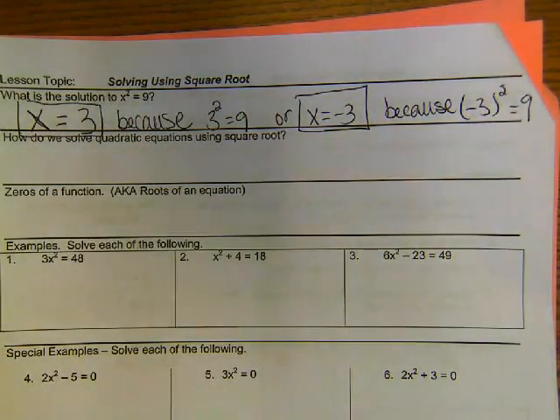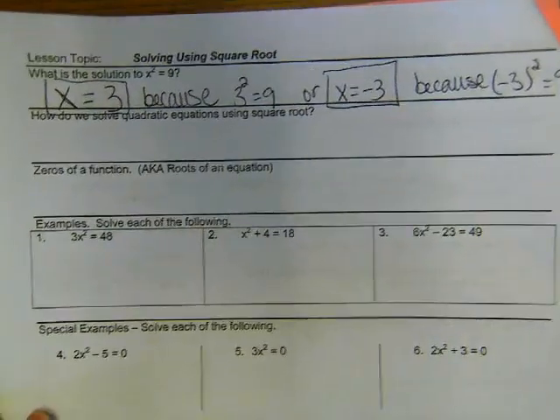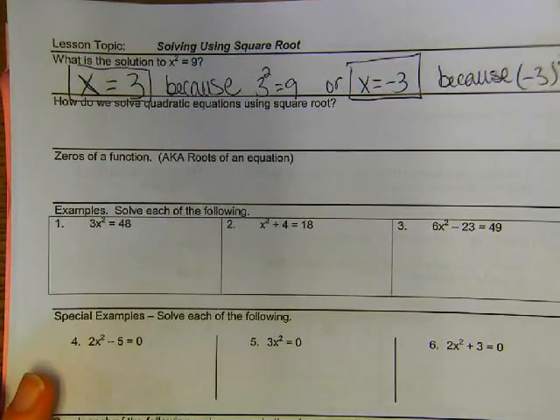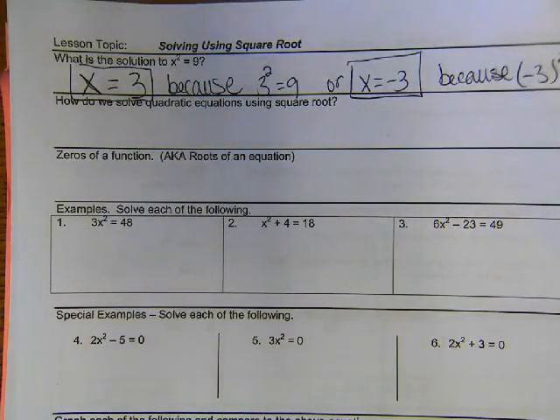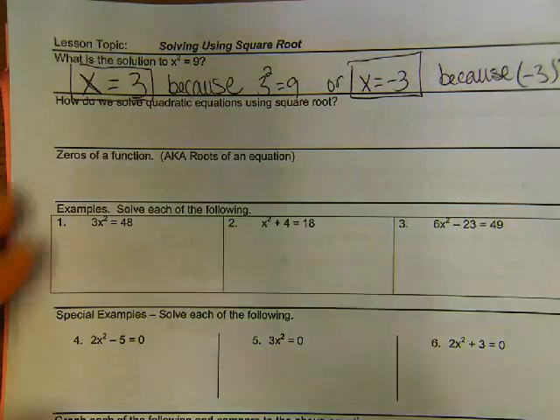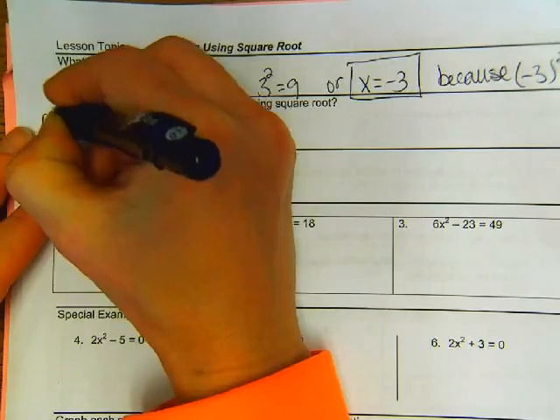So how do we solve quadratic equations? Quadratic equations just means that they have an x squared in them, using a square root. So what we want to do is we want to isolate. What does that word mean? Isolate. Get it alone? Yeah? Okay, so we're going to, number one, isolate or get